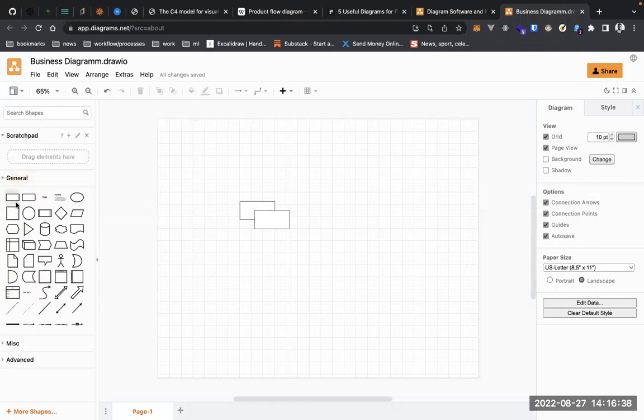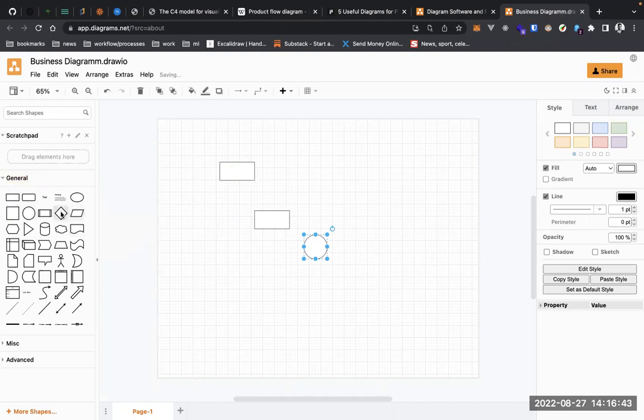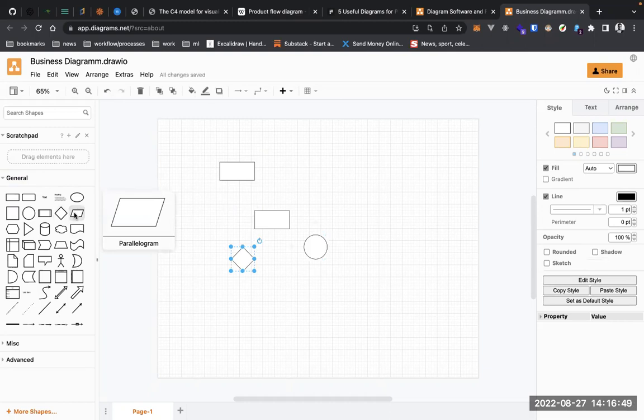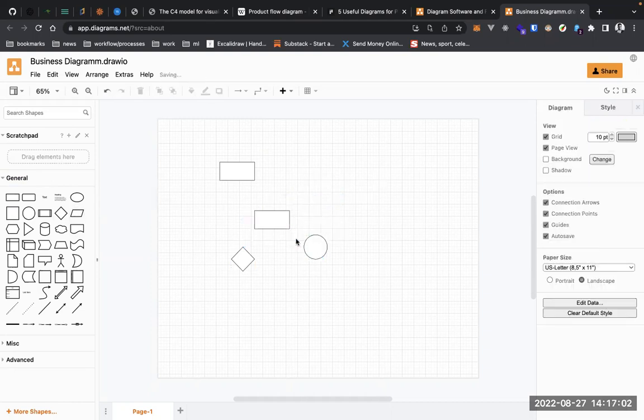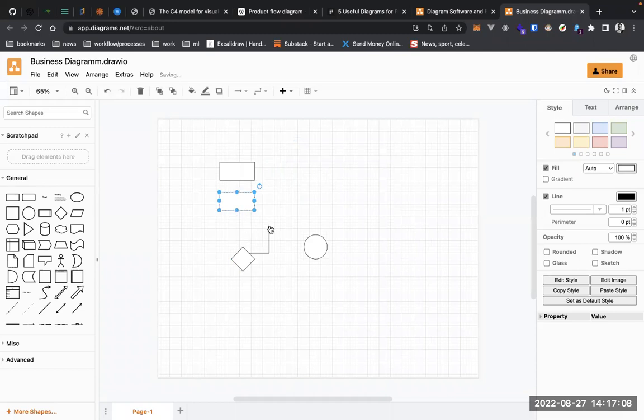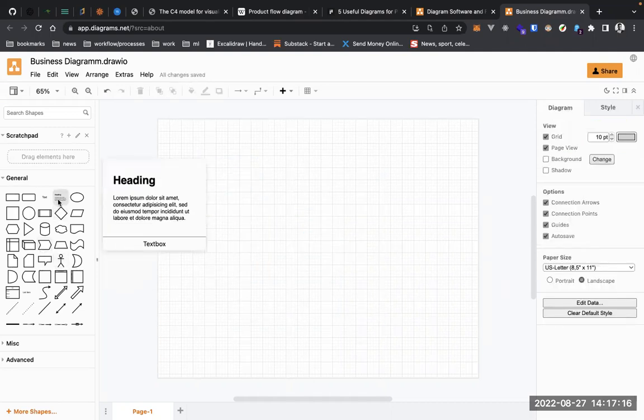So under the general components, you see we can create a bunch of items. So like, this is the oval shape, this is a decision shape, which is the diamond shape, of course. This is a parallelogram, which is also used to denote processes. We'll definitely talk about some of these things when it comes to understanding flowcharts. As PMs, you don't necessarily need to follow this, except you're working on a diagram that requires you to understand the flowchart. But of course, you can represent most of the things you want to represent with rectangles and circles and all that. Yeah. So, but the idea is, you have a bunch of